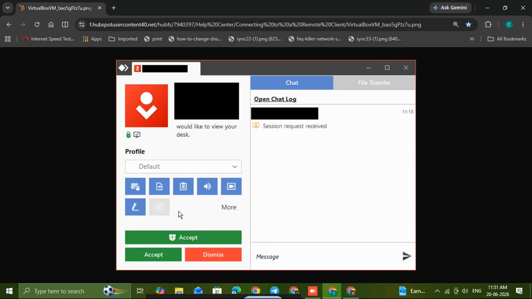Once the connection is accepted, you'll be able to see and control the remote computer from your Windows PC. From here, you can move the mouse, type on the keyboard, transfer files if allowed, and perform support tasks just like you were sitting in front of that device. If you're using AnyDesk for the first time, take a moment to get familiar with the toolbar and connection options so you know where to find the features you need. If you're hosting a